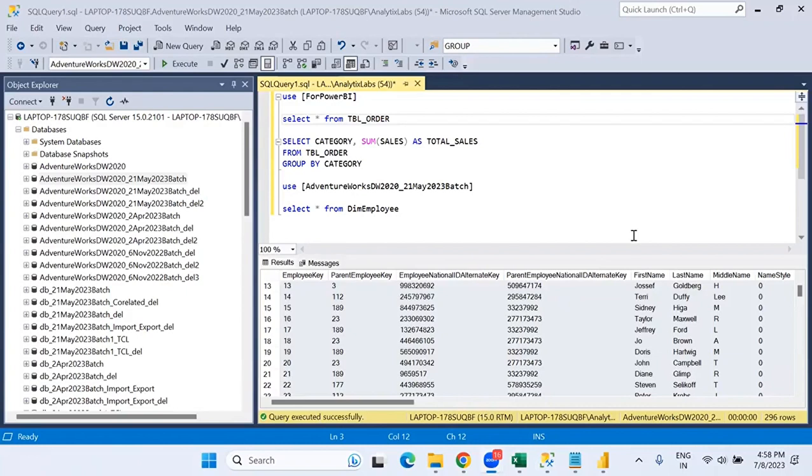Good. Yeah. So I think now that you have an understanding of how to get the data, tomorrow we will bring data from